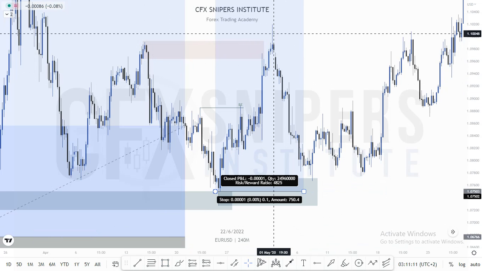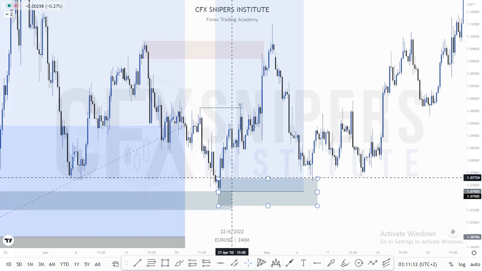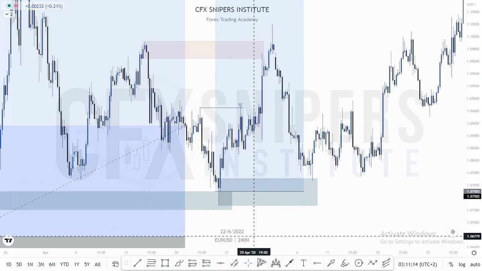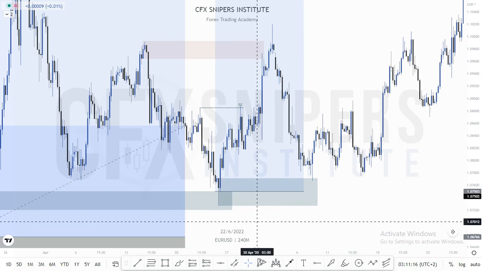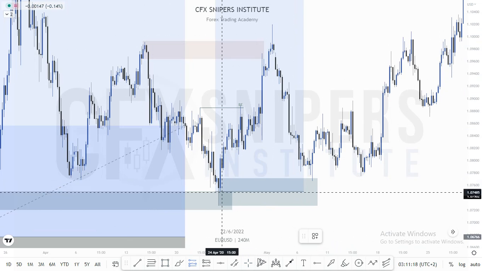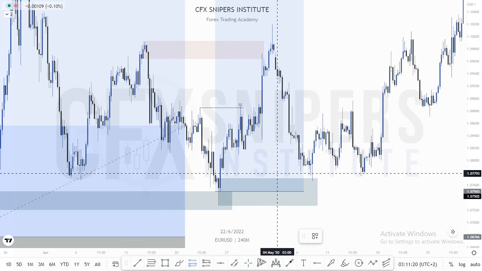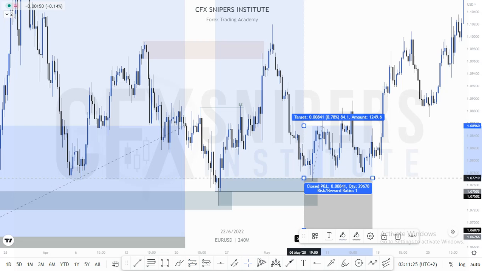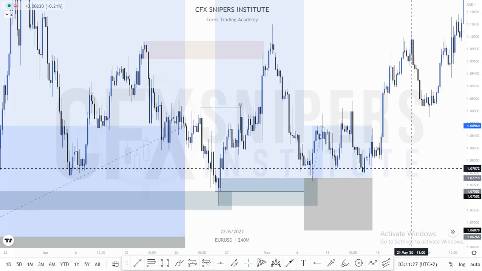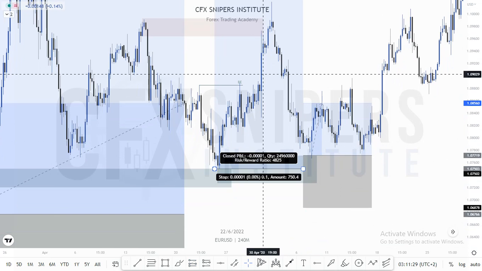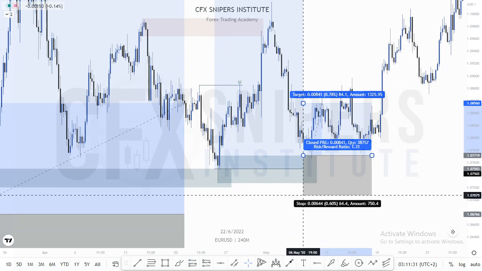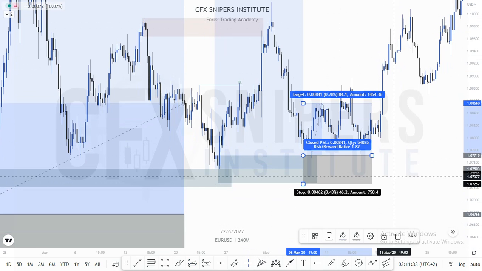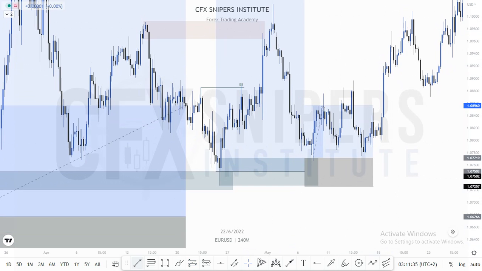So what broke this zone? This demand. So again, while your other trade is on break even, you could have easily just placed another limit as soon as the price breaks that zone, place a limit here, and you just wait for price to come back, and then